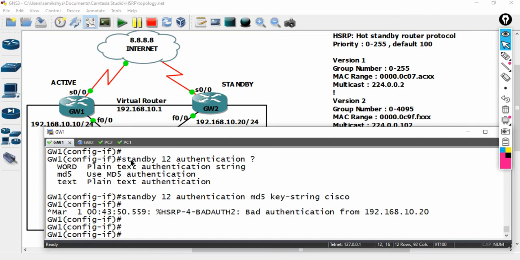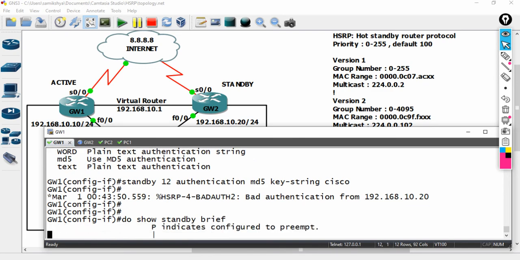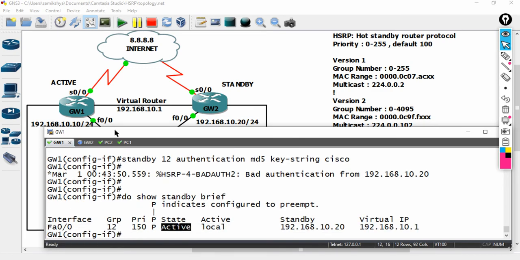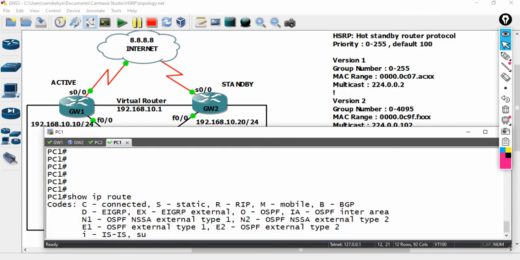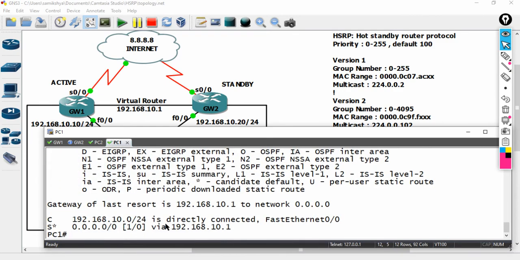Okay. Now on your devices, you need to keep the gateway as 192.168.10.1. Right now this is the active router and the standby is 192.168.10.20. Let me check on PC1. This is the router IOS, so I have configured the default route.